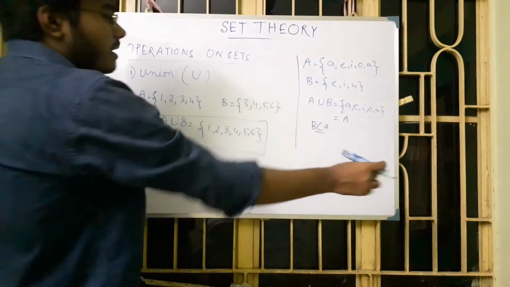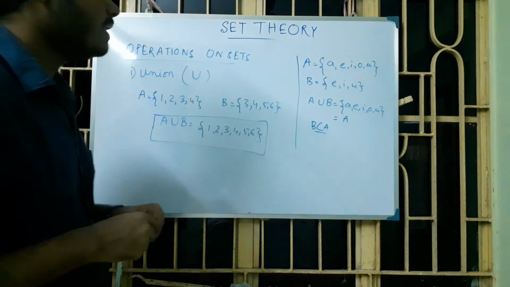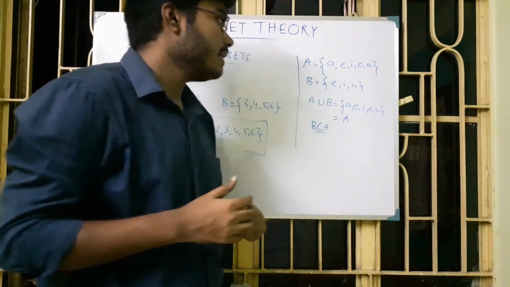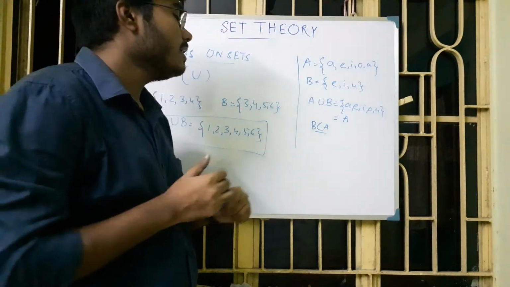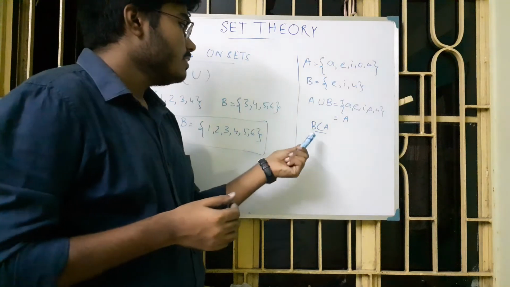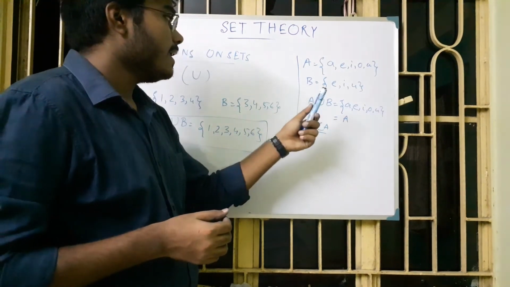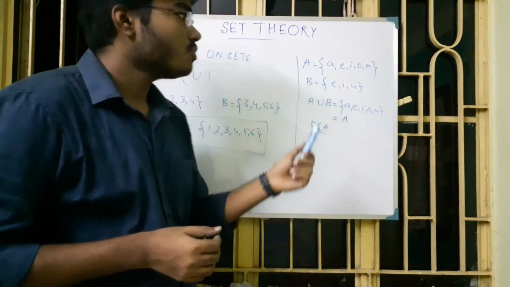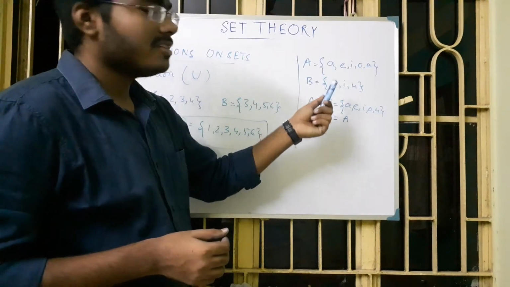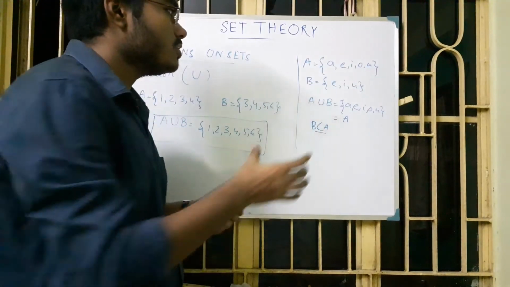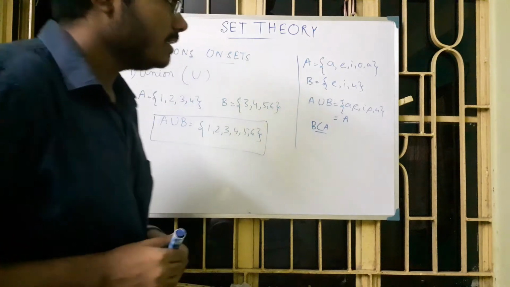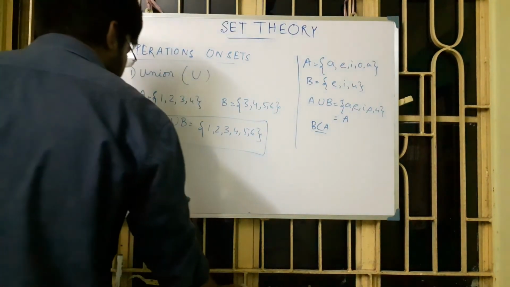You can think that if the elements of a set are present in another set, so that is the subset, and if we union with that subset, we are adding the same things to that set, so this will give us the same set, that is A union B equal to A.